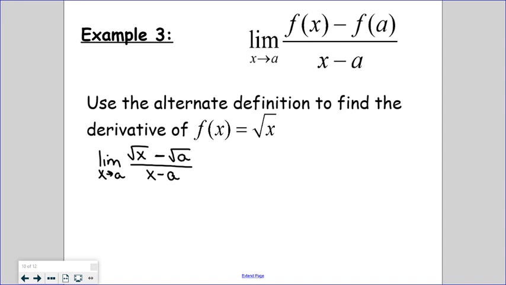I wouldn't be able to do direct substitution on this one right now, because if I tried to sub in a, which is what x is supposed to be approaching, right? If I tried to sub that in where there are x's, I would end up with a minus a in the denominator, right? Now, a couple weeks ago, we talked about how to fix something like that if I can't do direct substitution and I've got those radicals in the top. You remember that part? And we used our conjugate to fix that. We would do the same thing here, I would use my conjugate